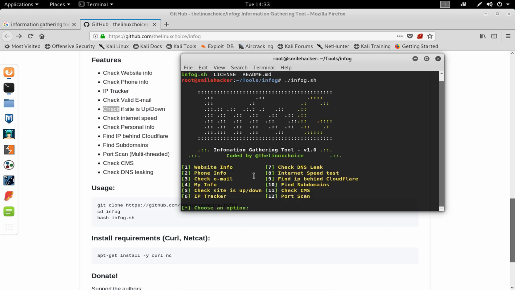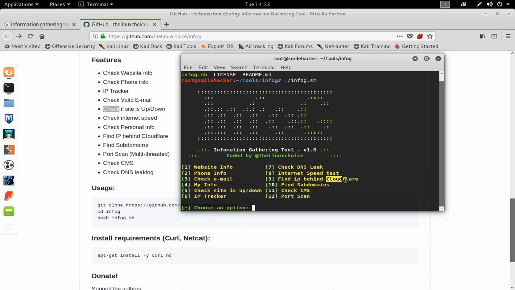info.sh. So we can see here there are many kinds of tools like website information, phone information, check email, my info, check website is up or down, IP tracker, check DNS leak, internet speed test, find IPv6, Cloudflare. So this will be helpful in bug bounties and other things.